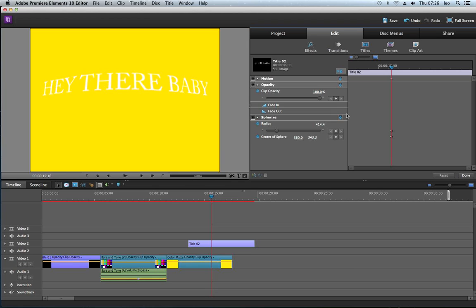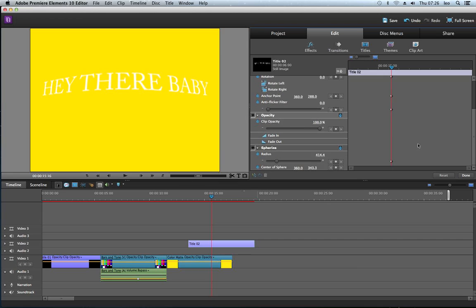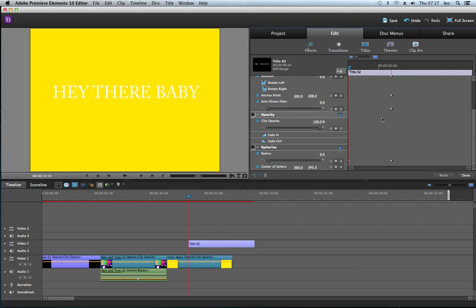And if we actually come here and we turn keyframing on, we can find that, as with any professional editor, we have a completely keyframeable interface. So if we wanted to go here, see, we've just by enabling keyframe, we've added a row of keyframes. So if we wanted to add another keyframe at radius and just set our radius here to 0, it's going to bring it back to normal. So if we just play this,